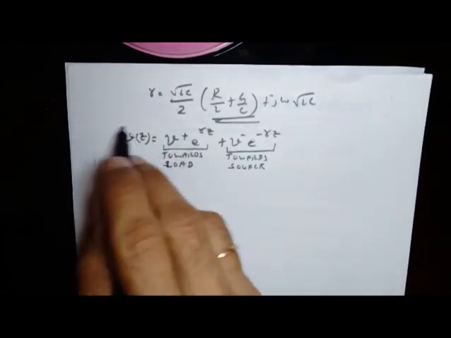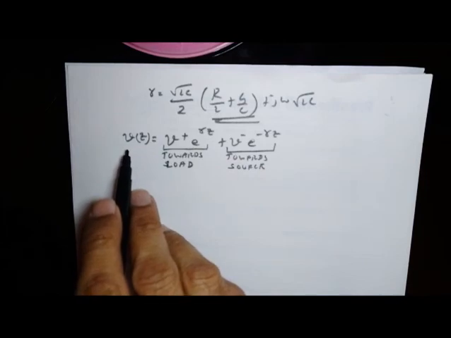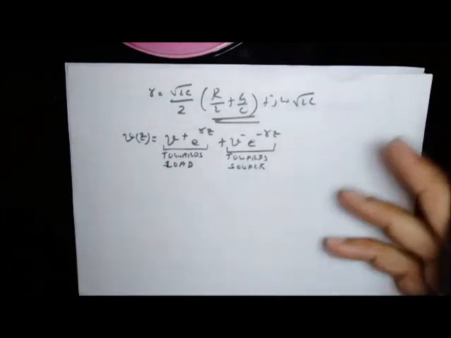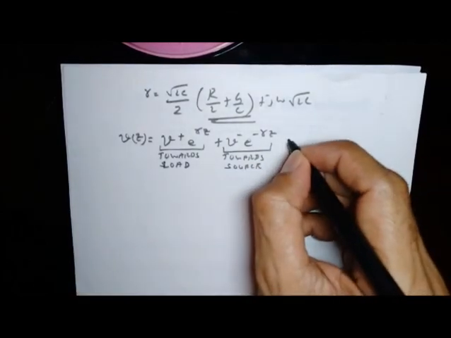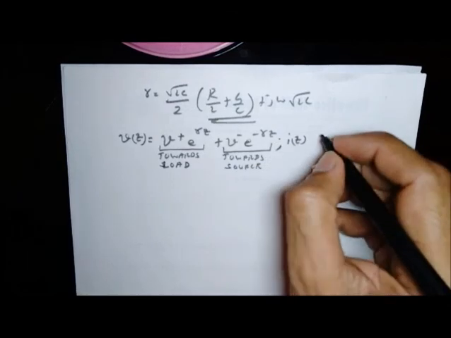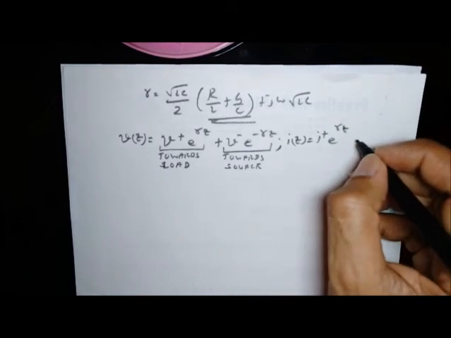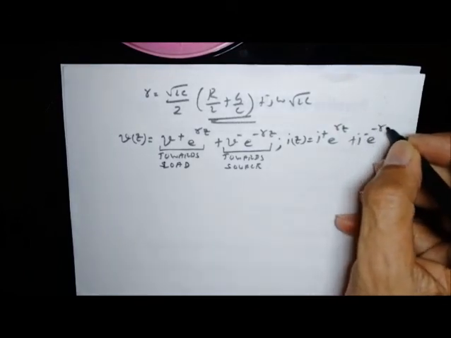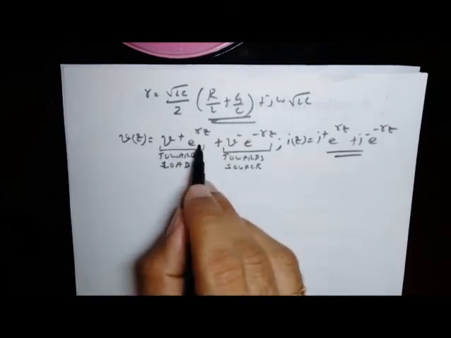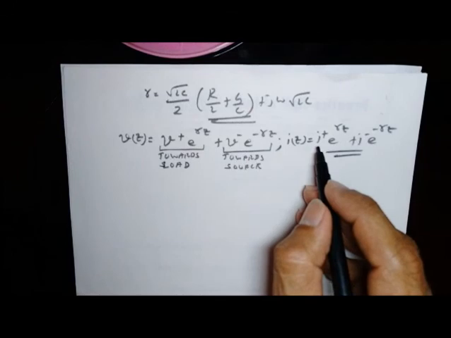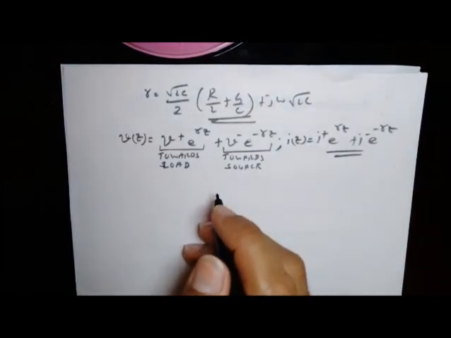Similarly, as I said in the beginning, the differential equation, the transmission line equation for current is exactly the same, which means that similarly Iz can be shown to be I plus e power gamma z plus I minus e power minus gamma z. So V plus and V minus are the amplitudes of the forward and the backward propagating voltages. Similarly, I plus and I minus are the forward and backward propagating current magnitudes.